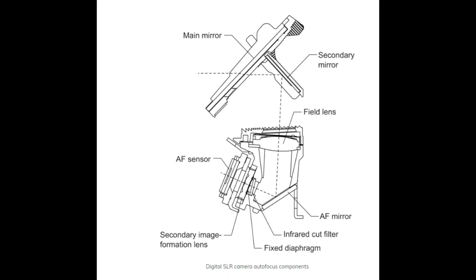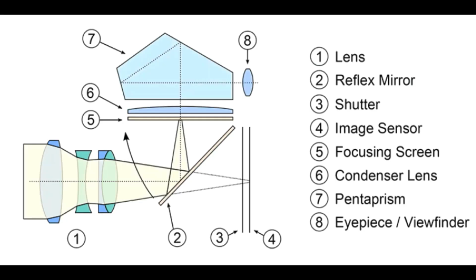So now we are talking about this phase detect autofocus. This phase detect autofocus actually works like how our human eye works, and it calculates the distance between your lens and the object, and it tells you to make some necessary changes to perfect your focus. Let's actually see in detail how this is happening.